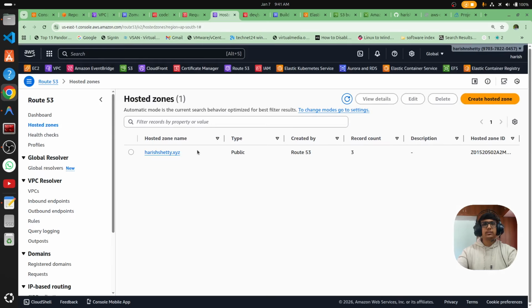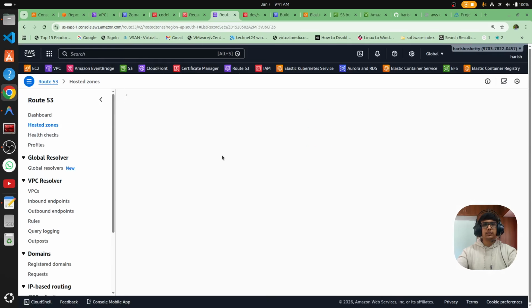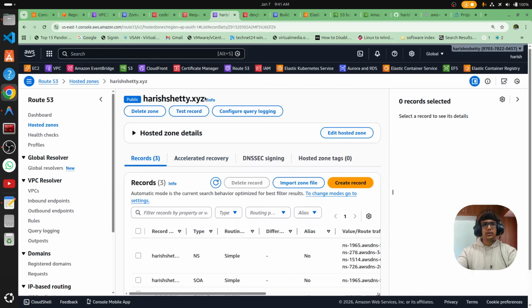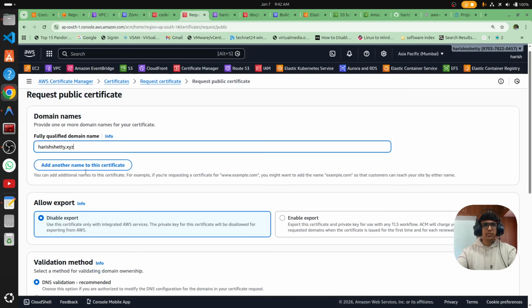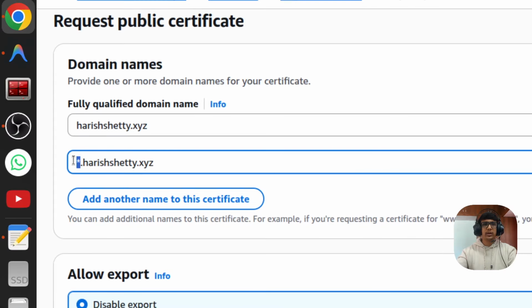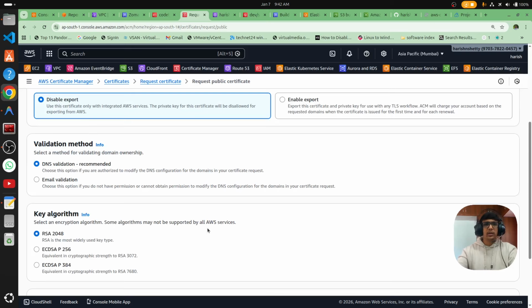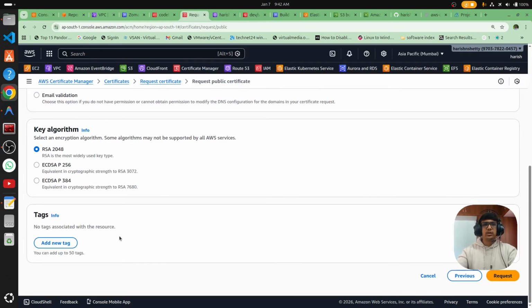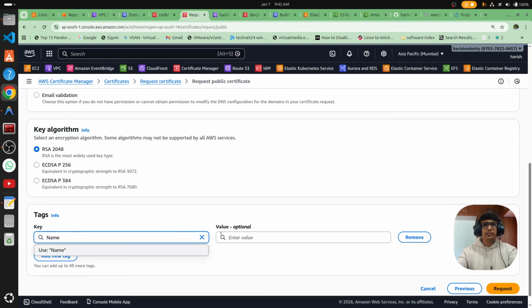Domain DNS management. Yeah, here it is. So I can't show it up here: Route 53 and the ACM and the name server added in GoDaddy. So you have to explore it on your own and give the star, because we are using the wildcard entry for staging and production. That's why I give your name, and at the start you have to give the star wildcard entry, and DNS validation, and the tag is name